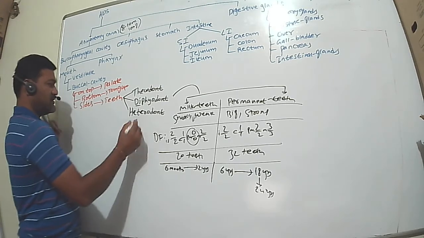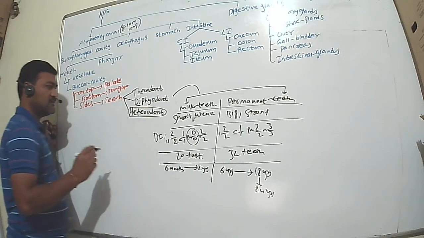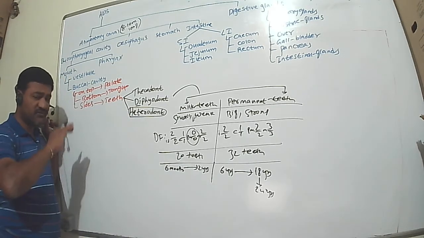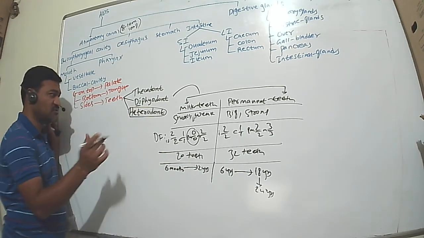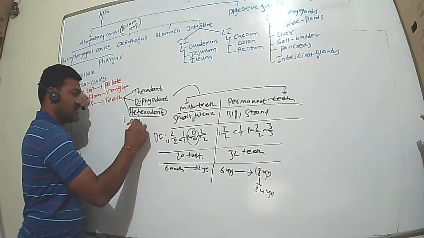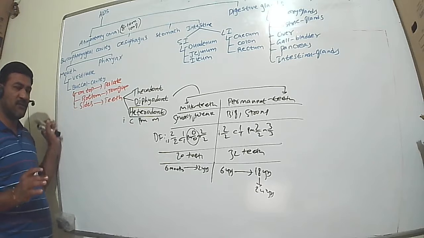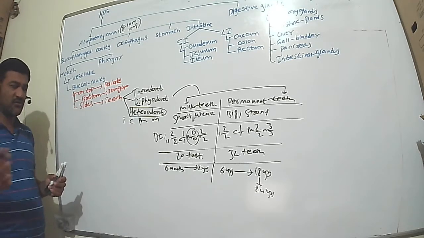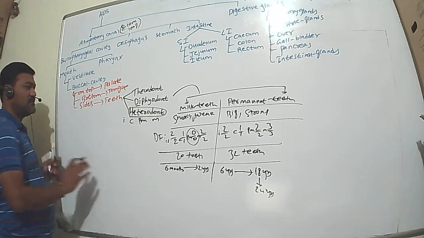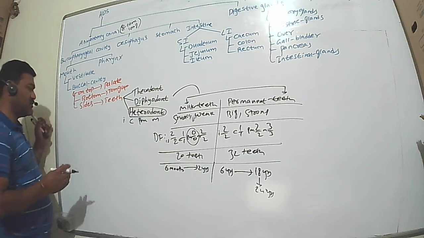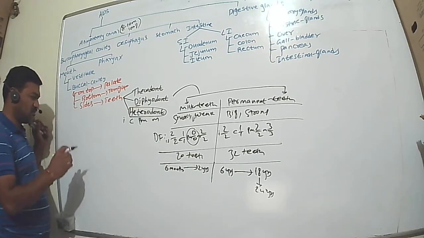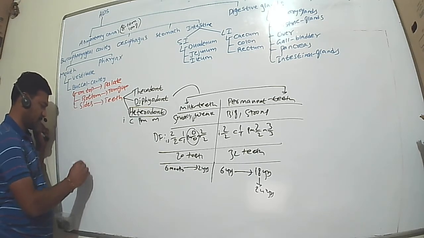And heterodont, I told you just now, heterodont are the teeth with different shapes, different sizes, different functions. Like you have the incisors, canines, premolars, molars. So different types of teeth. In some animals you have all the same type of teeth, which are called homodont, but in human beings it's heterodont. And coming to the components of the teeth, if you look at the inside,